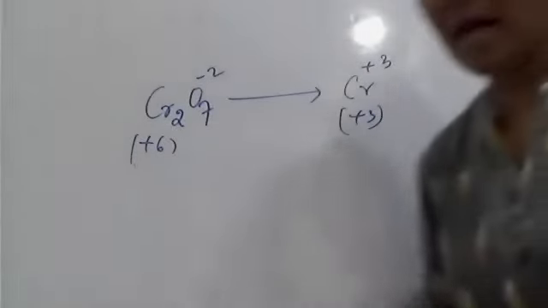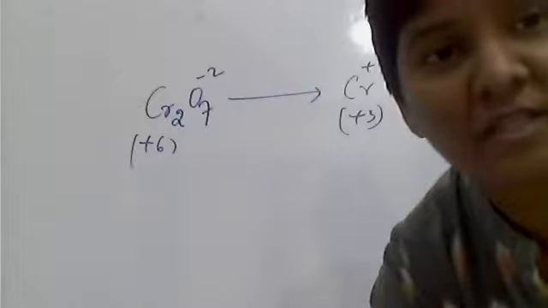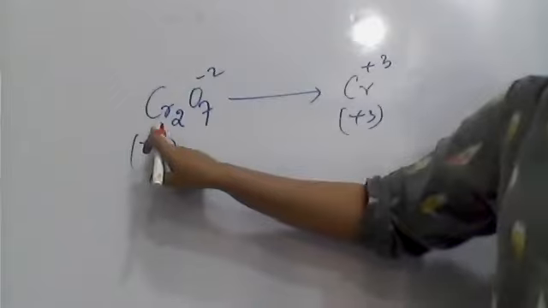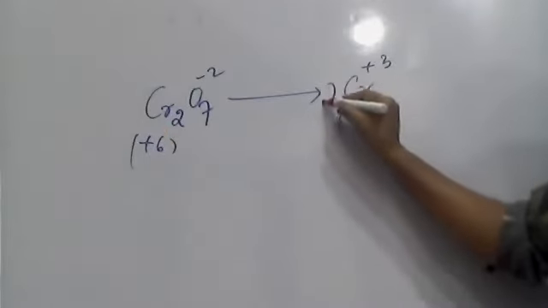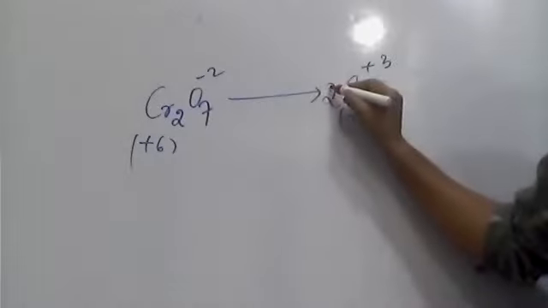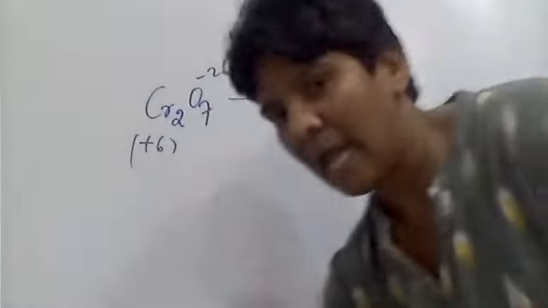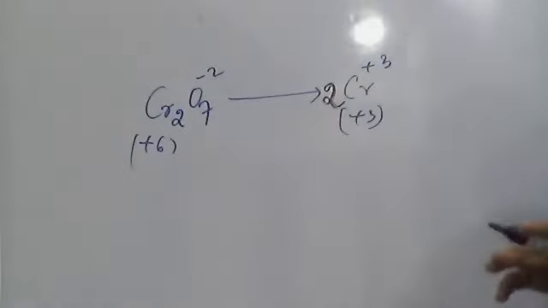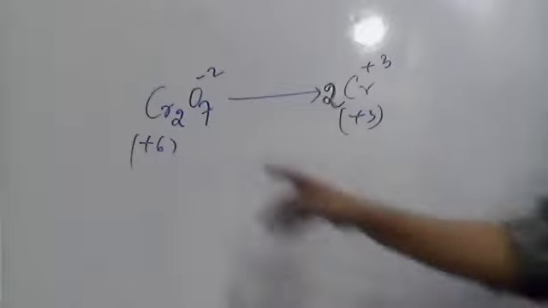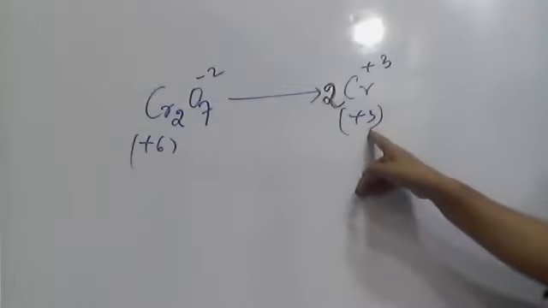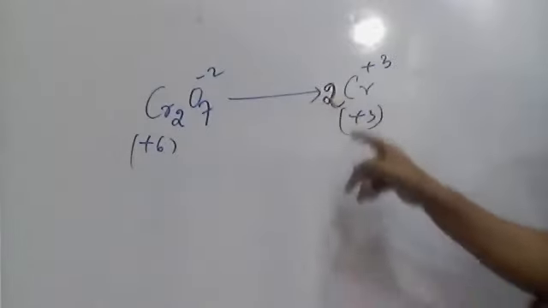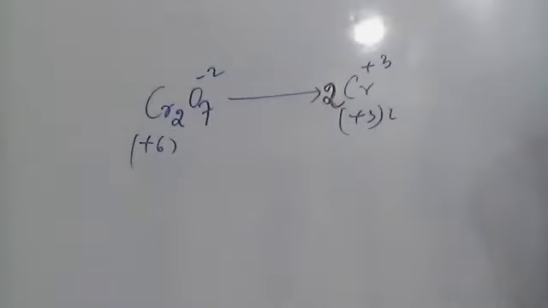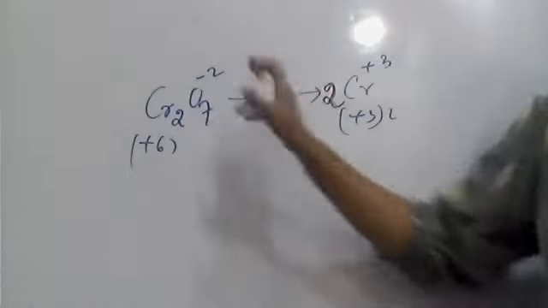Okay. Now, when you balance the equation, first balance the atoms other than oxygen and hydrogen. So see here, how many chromium at the reactant? Left side 2. So right side only 1. Make it 2 first. Then see the charge. What is the charge here, beta? +6, +3. Each one is having +3. 2 chromium is 2 into +3, that is +6.